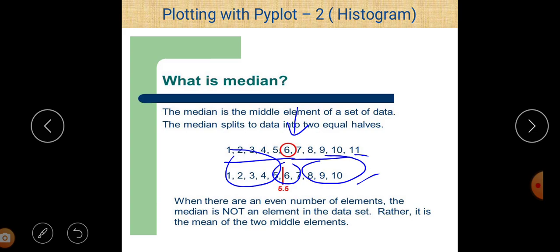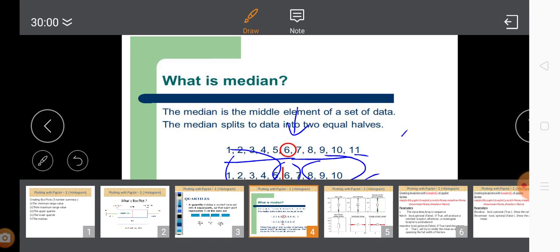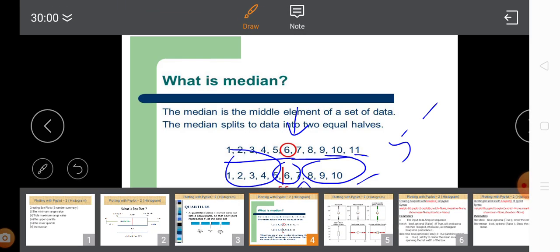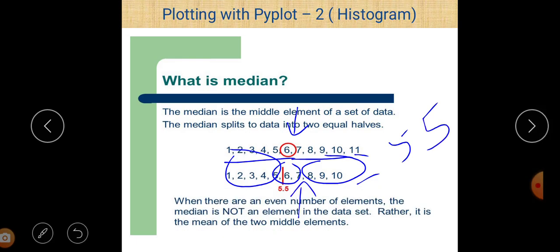In that case, if we want to find the middle element, we take the average or mean of these two middle elements, and the mean of 5 and 6 is 5.5. That is the concept to calculate the median.